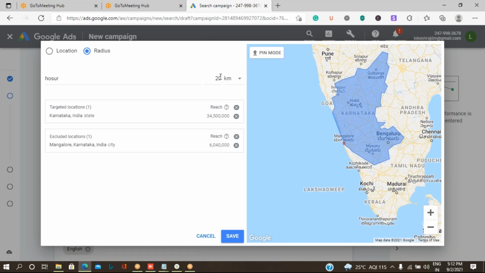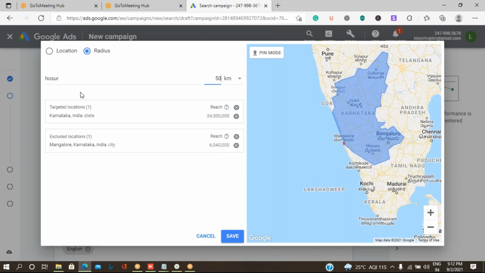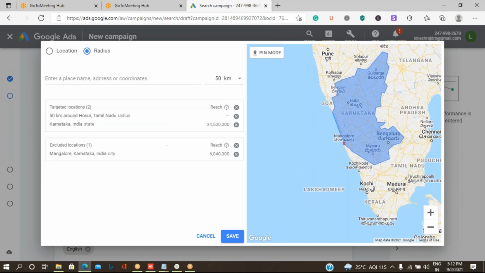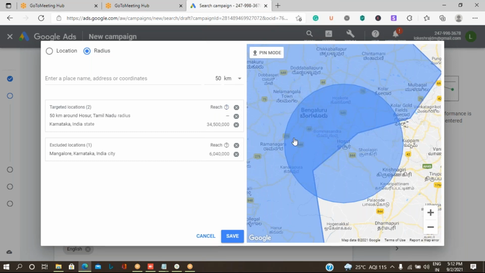Let me take kilometers for example. Let me target a 50-kilometer radius around Hosur. You can see the targeted area has been drawn in a round shape. Okay, so like this, I can target my audience or exclude my audience in that particular region.